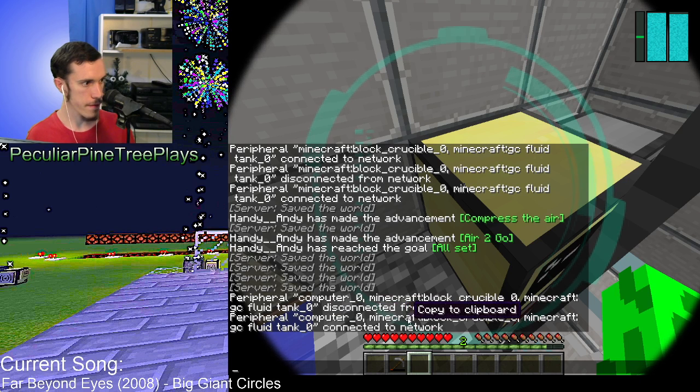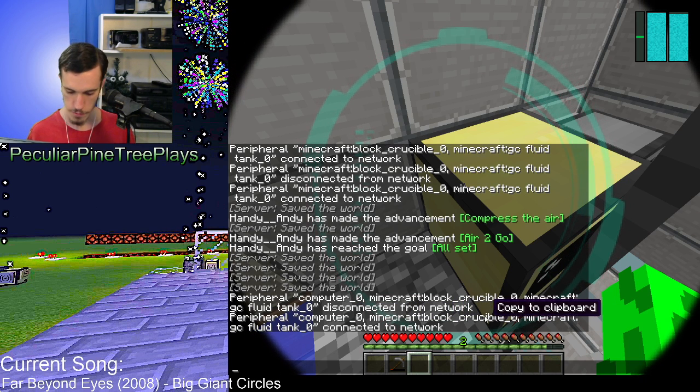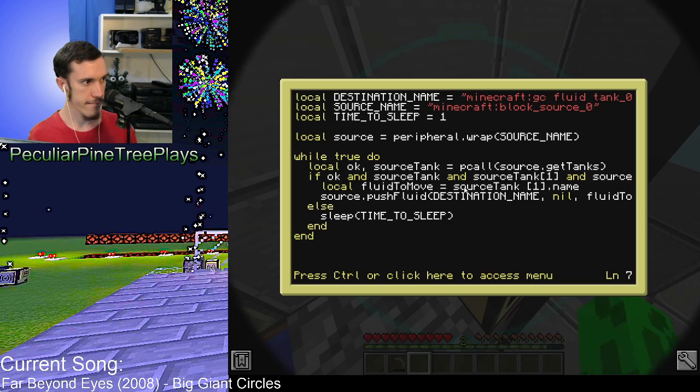So with computer, we've got the crucible. Right click. Okay, crucible. And so we're going to head up here. The source name would be the crucible. So let's fill that in. Paste. There we go. Minecraft block underscore crucible. And then we want